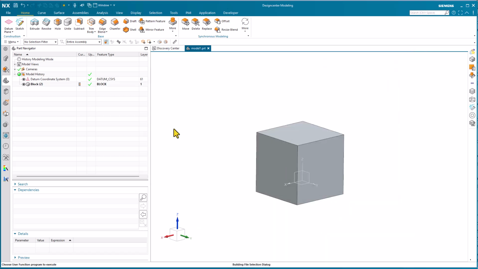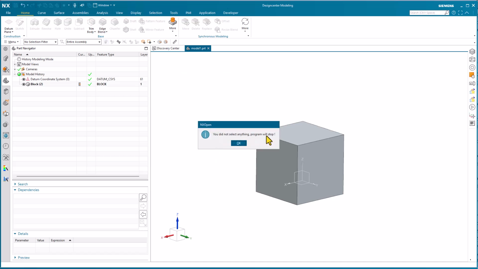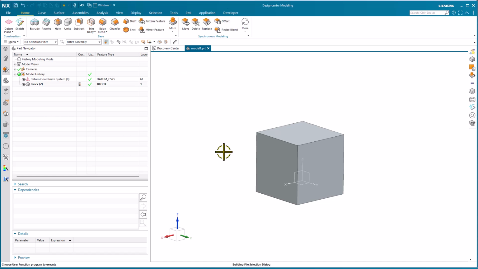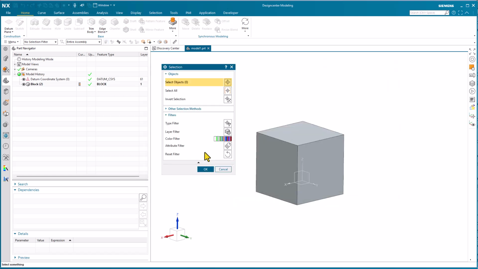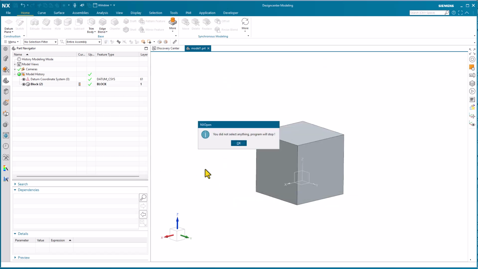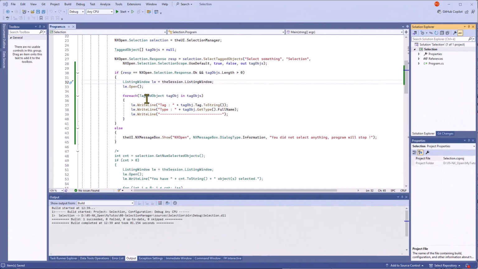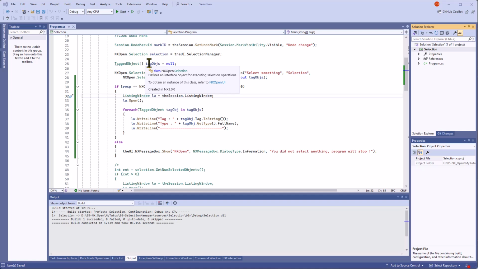Now run again and click Cancel. The NX message box appears. Let's test if we do not select anything and click OK. Everything works fine. When building custom automation tools for 3D modeling, you don't always want the user to be able